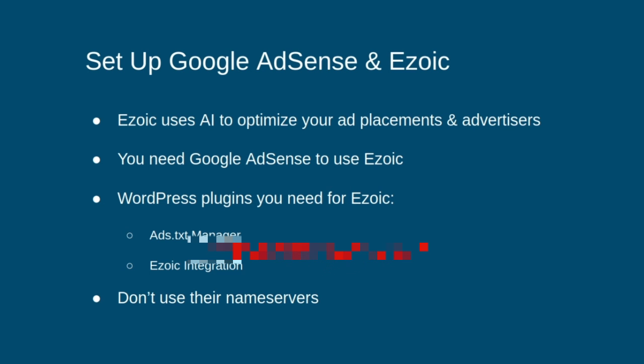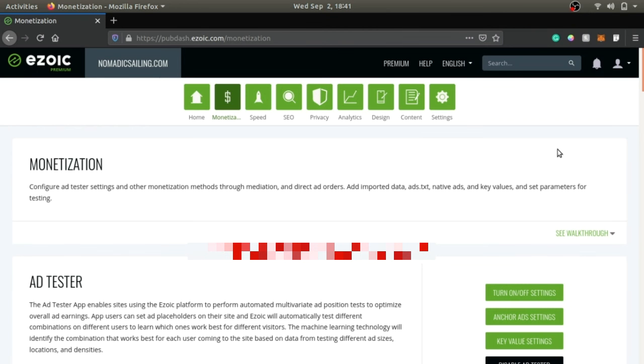to your liking. What I want to do is walk you through my Ezoic dashboard for one of my sites, Nomadic Sailing, to show you how I actually make the settings optimize my revenue. Alright, here's the Ezoic dashboard for Nomadic Sailing in the monetization section. There are a ton of settings you can configure in Ezoic, but we'll be focusing on the ones I use to optimize revenue. The first and most important setting you should configure is in the monetization section,